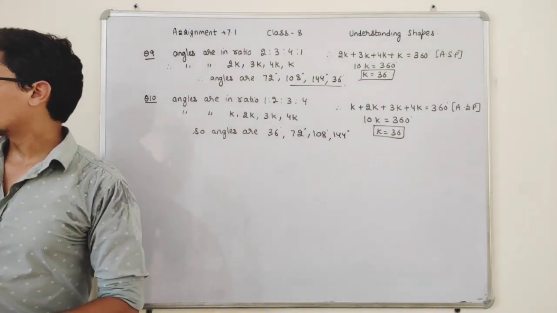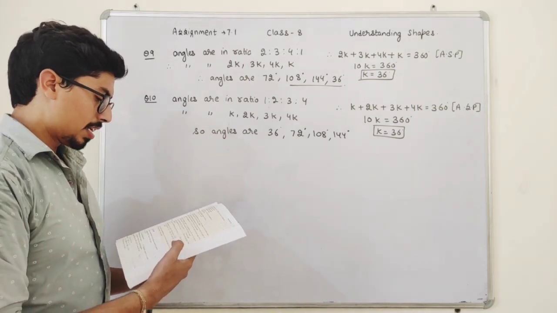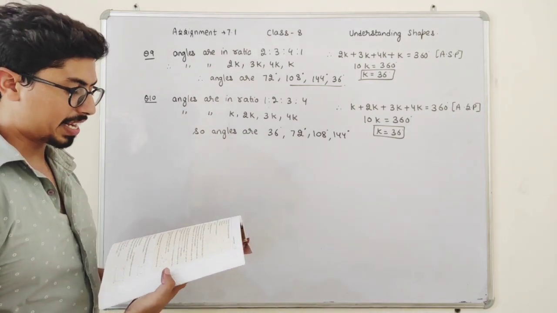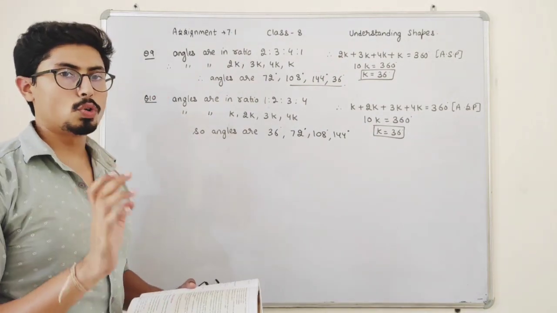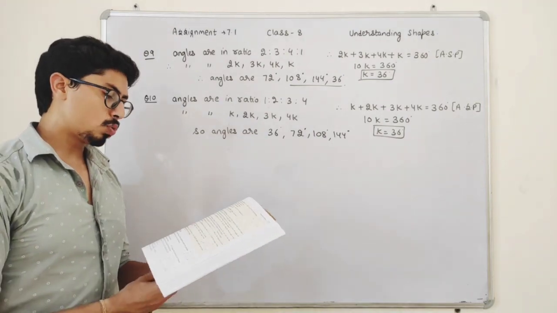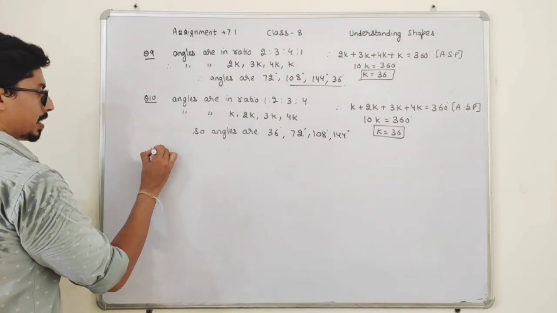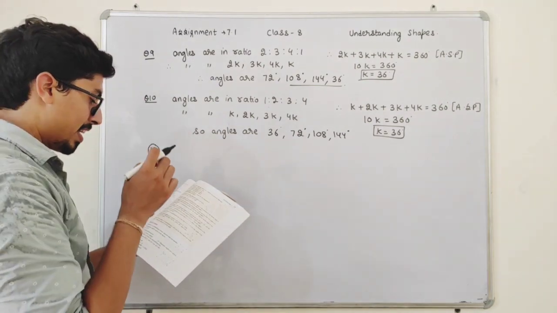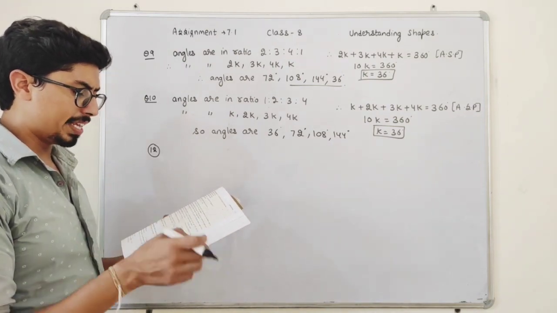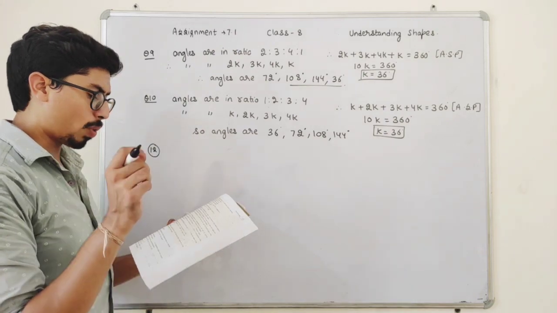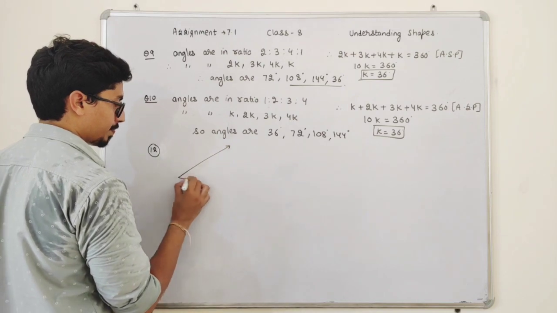Okay, students. Now, question number 11: the four angles of a quadrilateral are in the ratio 3:5:7:9. Students, this question is the same as questions number 9 and 10, so you have to do this question yourself. Now, students, the 12th question. The figure is given. In the adjoining figure, E is in the interior of angle AOB, such that, see, this figure is given, students.